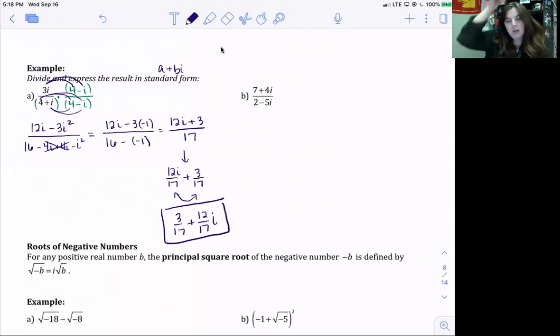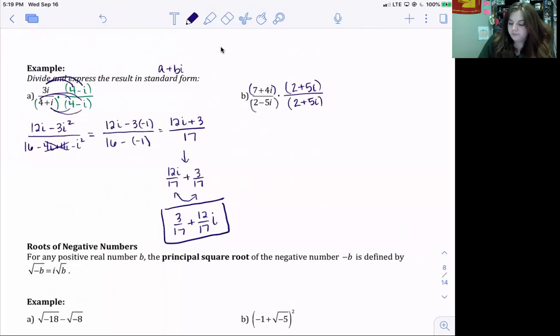So now if we look at B, 7 plus 4i divided by 2 minus 5i, we're going to multiply the top and the bottom by the conjugate of the denominator. Here, the conjugate of the denominator, 2 minus 5i, is going to be 2 plus 5i. What we multiply on the bottom, we also multiply on the top. And then I'm going to go through and put parentheses around everything